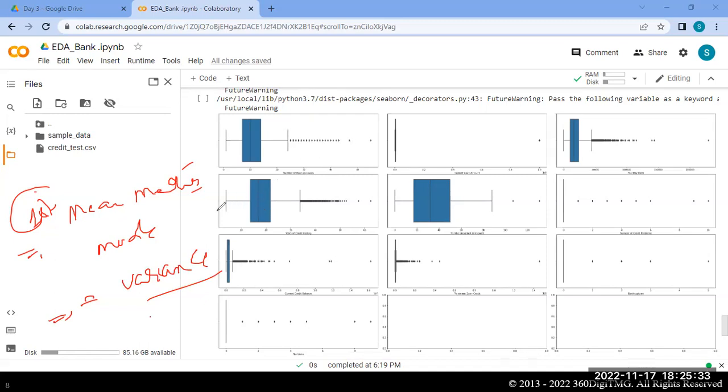Here the box plot will also tell you whether you have symmetrical data or not, or whether it is right skewed data or not. You can see most of the data is present on the left side, and the right side has extreme values. So it is right skewed. It does not have a normal distribution. It is the variance: how far the values are from the mean.